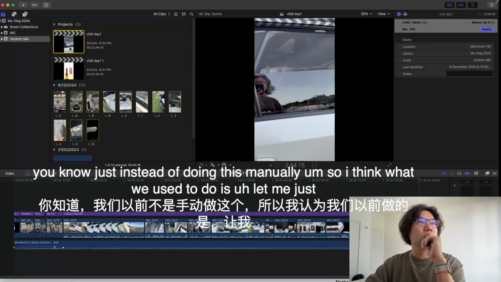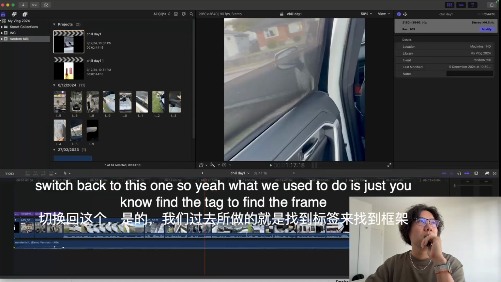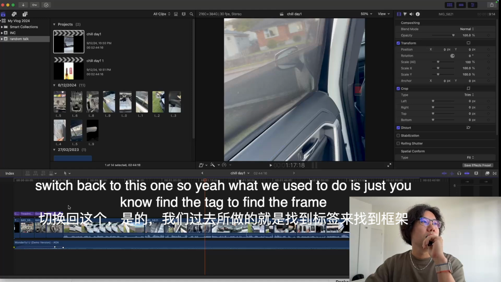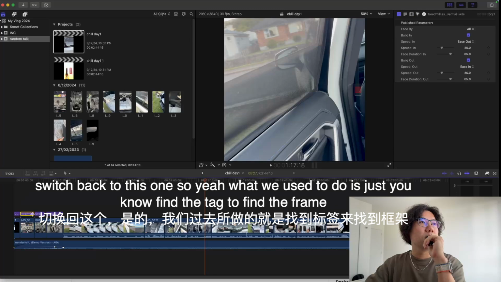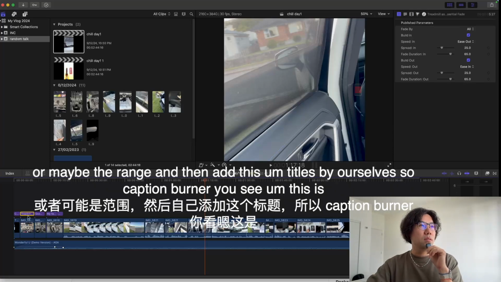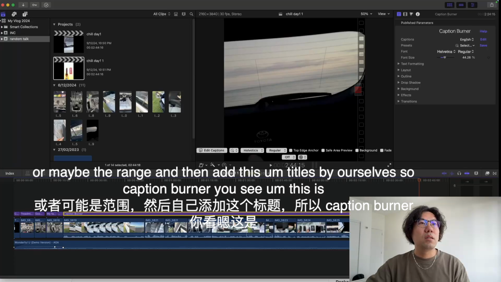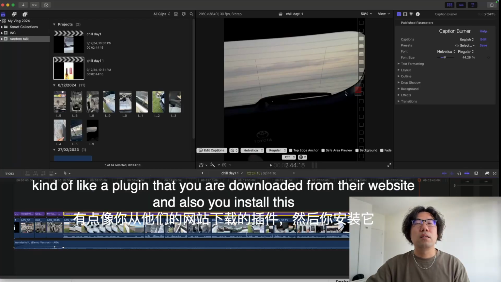So what we used to do is just find the tag, find the frame or maybe the range, and then add the titles by ourselves. The caption burner is a plugin that you download from their website,